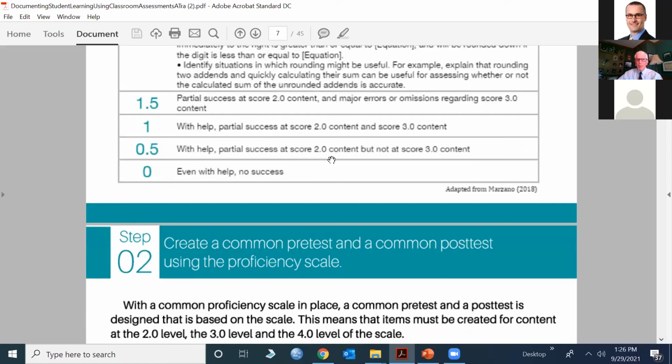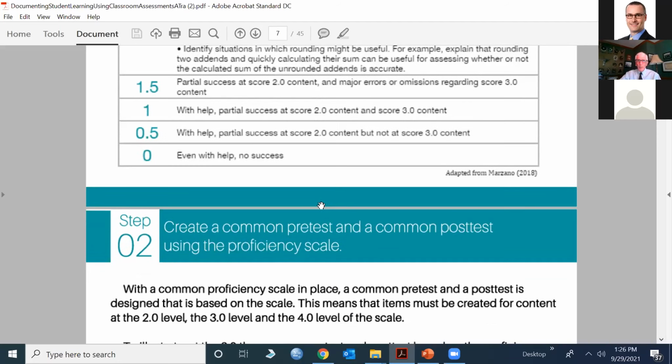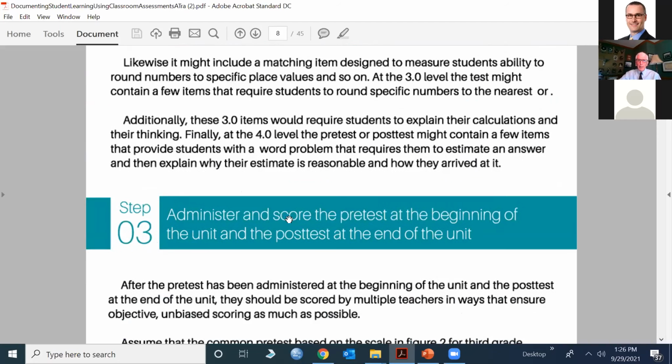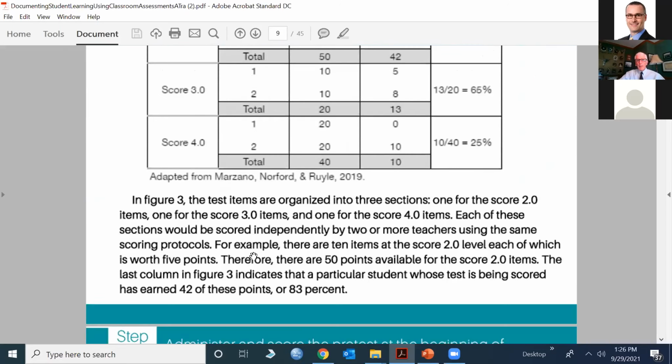Okay, so we have a beginning point and we have an ending point. Now, that's critical. That is rigorous. It's not just designed by a teacher. Best if it's done in PLCs, and within a PLC, it could be scored too. You've got a good beginning point and a good ending point. Now, you could stop right there, but we recommend that